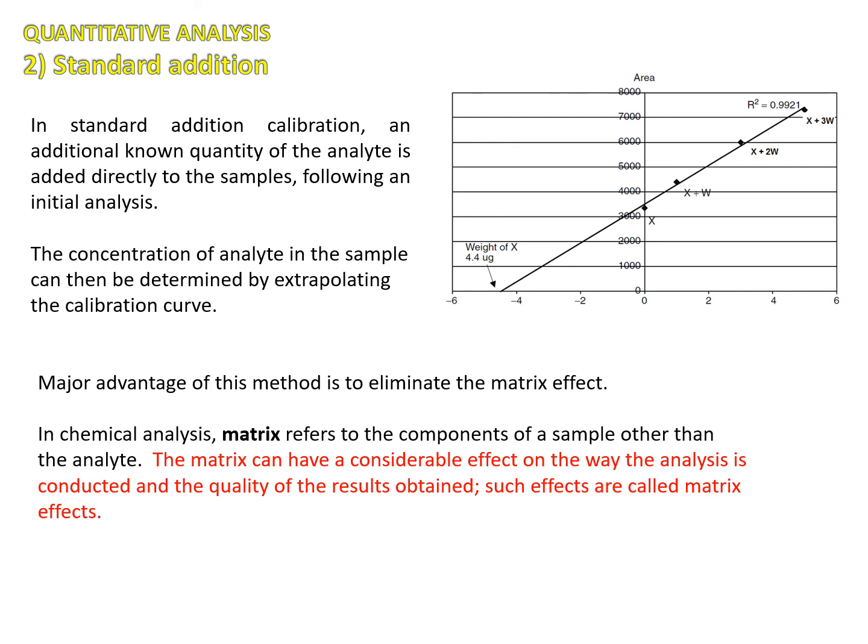Basically, an additional known quantity of the analyte is added directly to the samples following the initial analysis. So the concentration of the analyte in the sample can be determined by extrapolating the calibration curve. The major advantage of this method is that we can eliminate matrix effects. In chemical analysis, matrix refers to the components of the sample other than the analyte. The matrix can have considerable effects on the way the analysis is conducted and the quality of the results obtained; such effects are called matrix effects. So class,